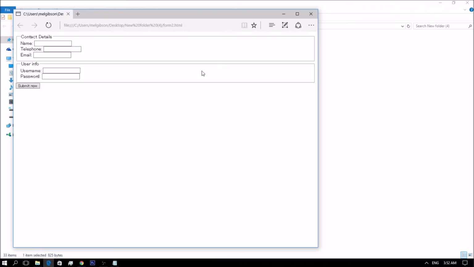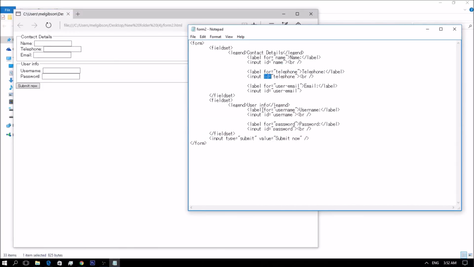So why do we use the fieldset? So imagine you wanted to add something to this form, perhaps favorite foods. Then you would group the different kinds of food in a new fieldset and give clarity to your form. So I have also added the attribute ID to the input field. This defines the element's unique identifier, and we use it when we are assigning labels. Using the for attribute, we connect the input field and the label.